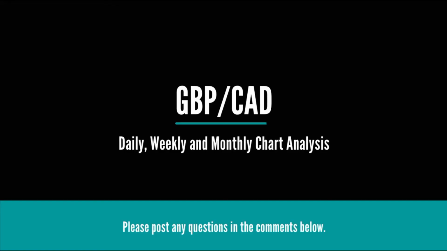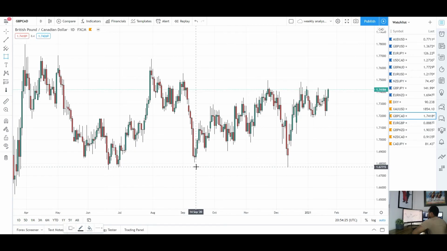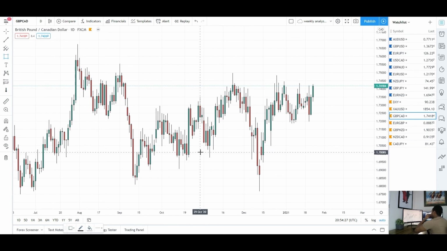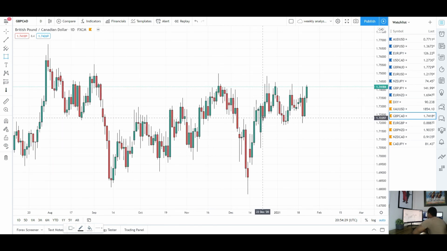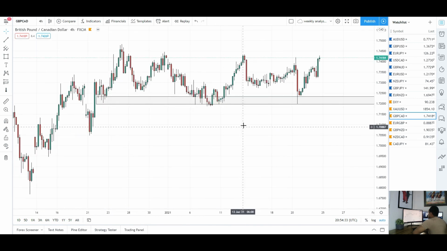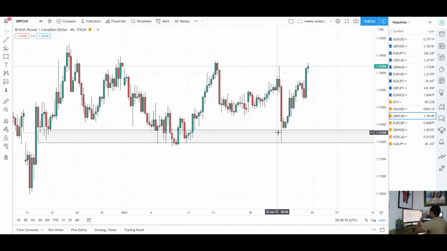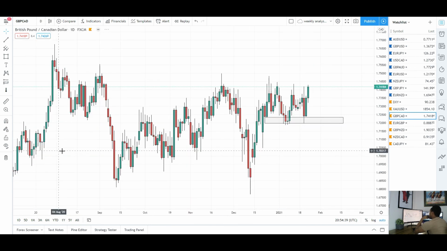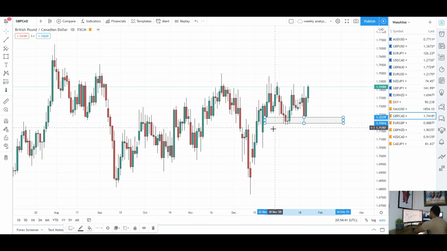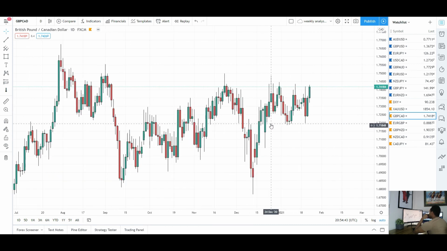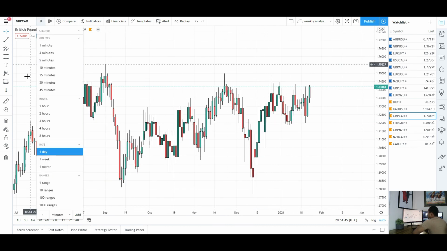And last, we've got GBP CAD. Okay, so for GBP CAD, it looks like we're pushing to the upside here on the daily chart. Key level of support here, so let's dive into the 4 hourly. See, we broke to the downside here, a really strong move for CAD news. Price held this support, and now is looking quite bullish here. So I am expecting GBP CAD to continue to the upside for the long term, because if I dive into the monthly here,